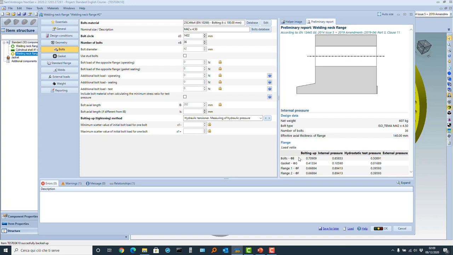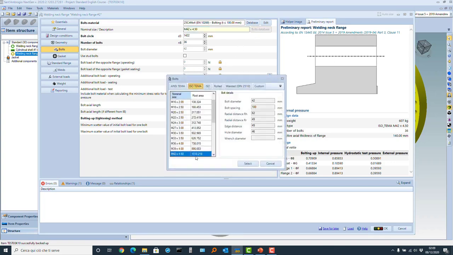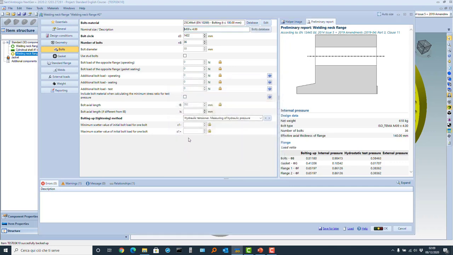Well, at this moment, if 36 bolts M42 are possible, one would say, what can we do if we reduce the bolt size? Reducing the bolt size means to go here, bolt database, instead of taking M42, we take M39 with 36 bolts. You see 0.98, so this is still possible, but there is something more that can be done if we use a smaller bolt size, because if you look at the database,